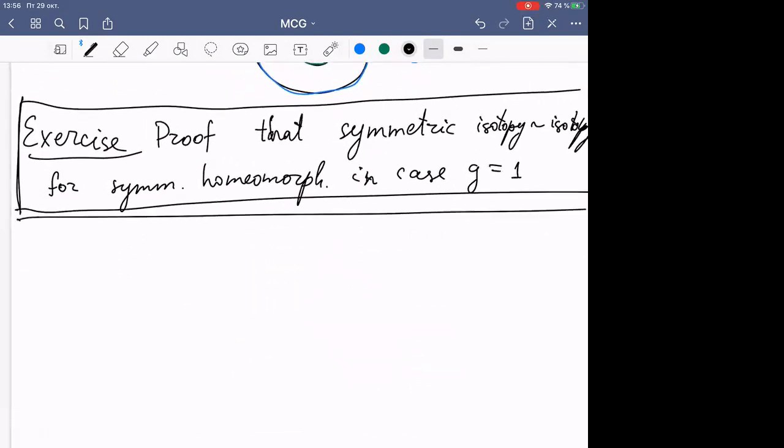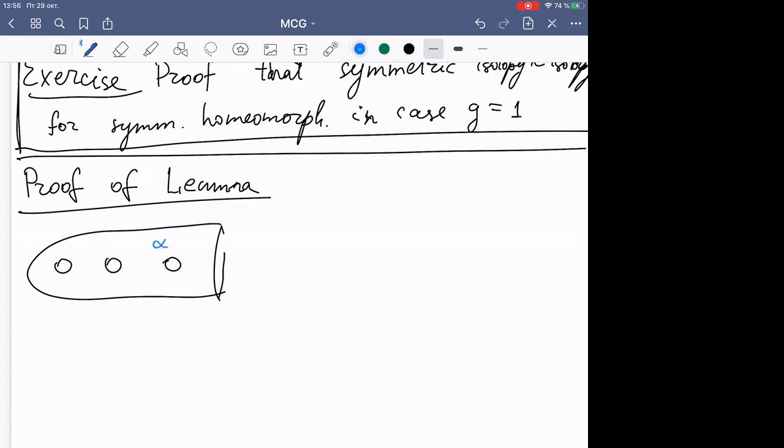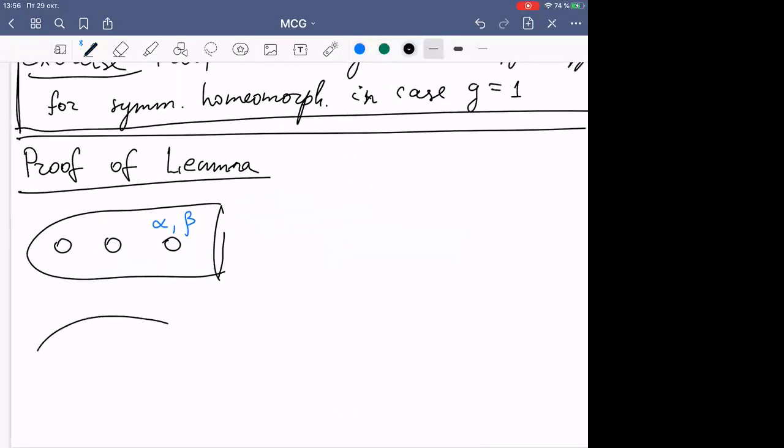So, proof of lemma. So look, you see, we have the following situation. We have two simple closed curves, two symmetric non-separating simple closed curves alpha and beta here, and downstairs